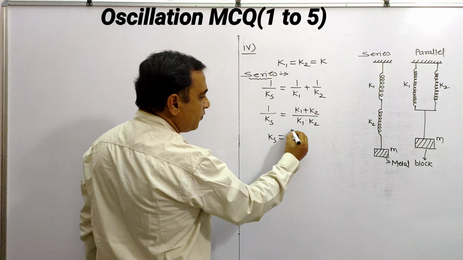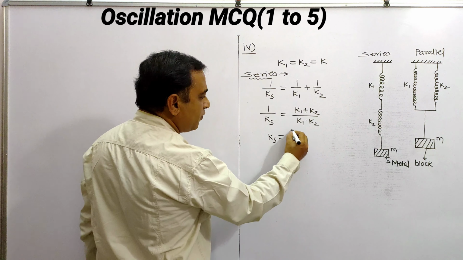K by M. How did it come? Whether it is correct or wrong, here is the time period formula: T is equal to 2 pi upon omega, and omega is equal to under root of K upon M. So T is equal to 2 pi under root of M by K, taking the reciprocal of M by K. But in case of frequency, 1 upon 2 pi, because we know that